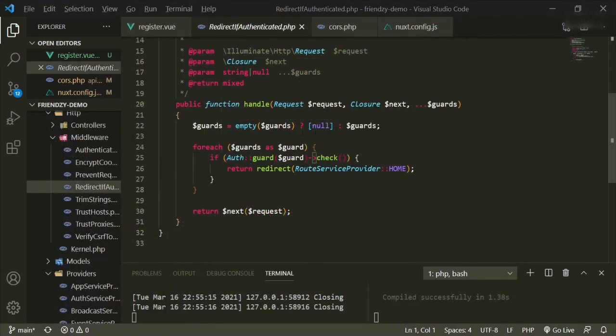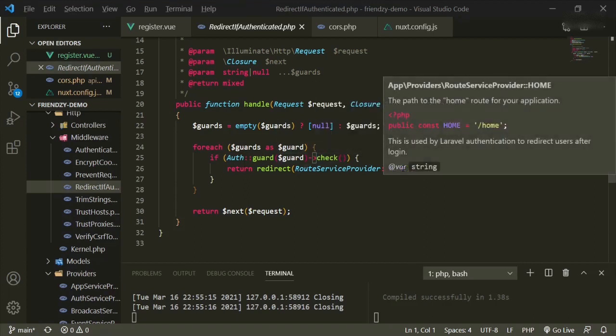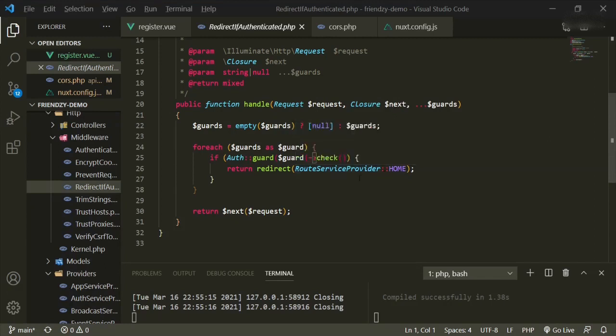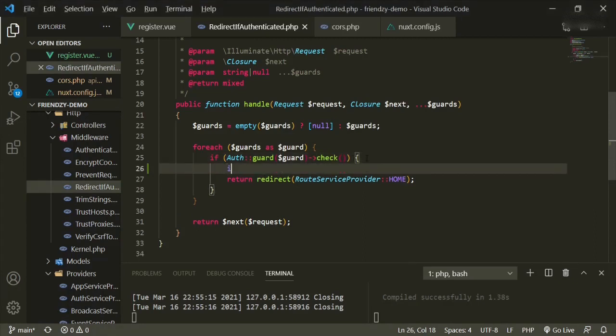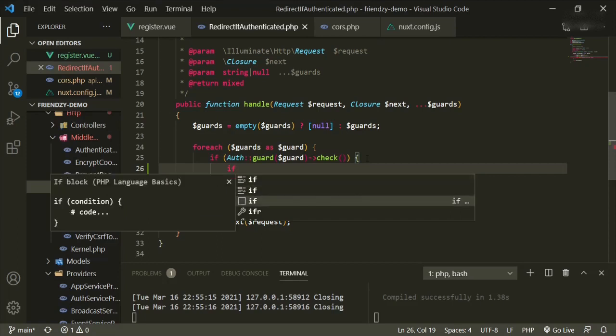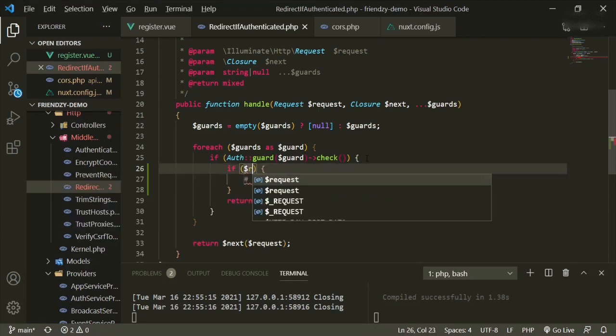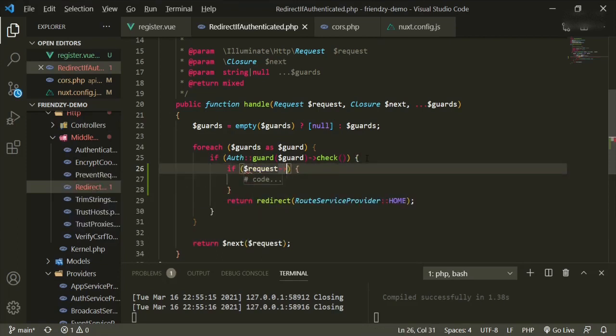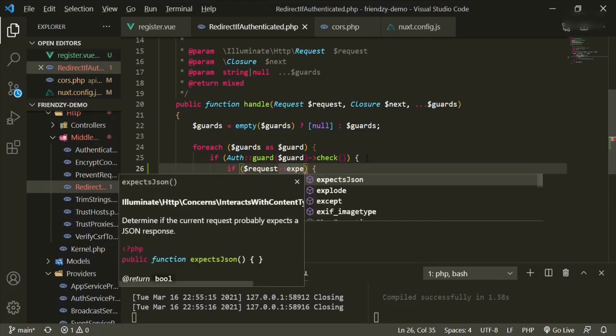So we need to change how this is working. For each guards is guard, it's looking for the auth guard, and if the auth guard checks, then it'll go ahead, so basically an authenticated user. Okay, so we need to change this. So now if we put if auth guard check, okay, and then we add another one, and we say if request expects JSON,